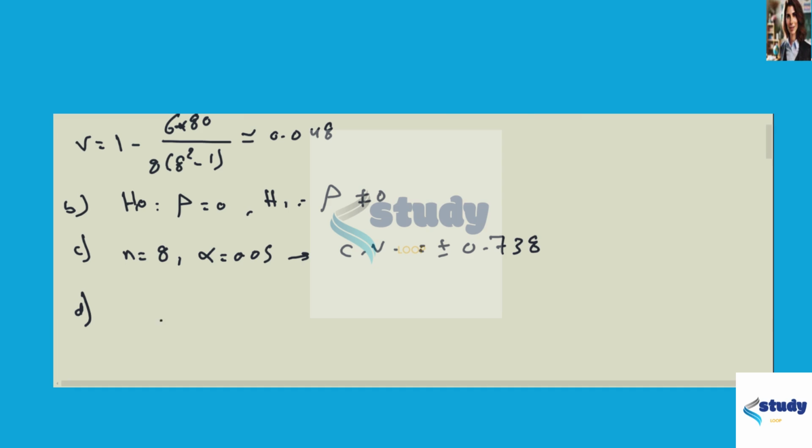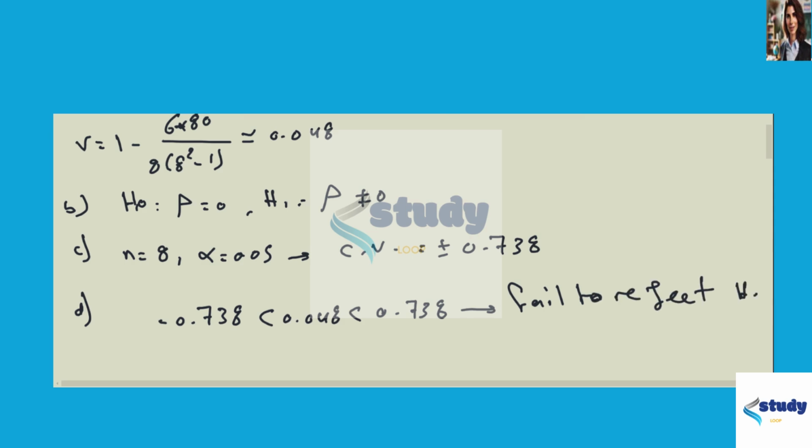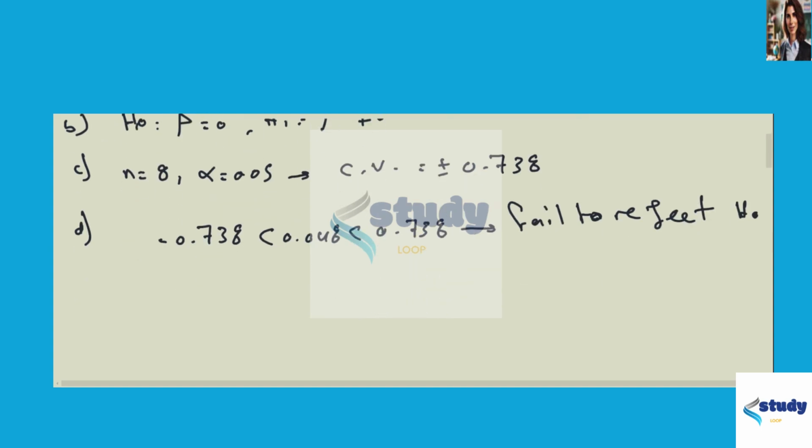So here, our correlation is between the critical values, so we fail to reject the null hypothesis. So for question E, finally we can say that there is no sufficient evidence to say that there is a linear relationship between